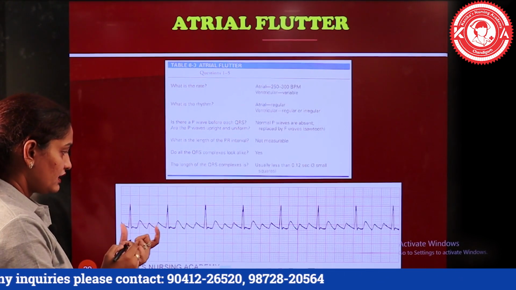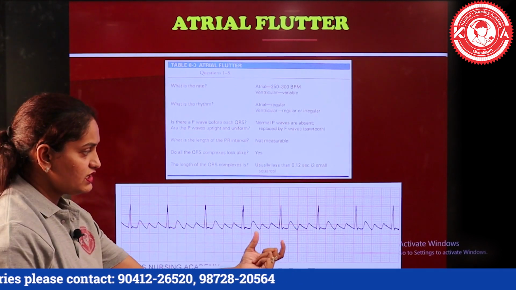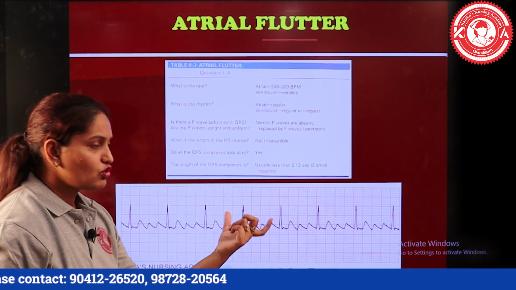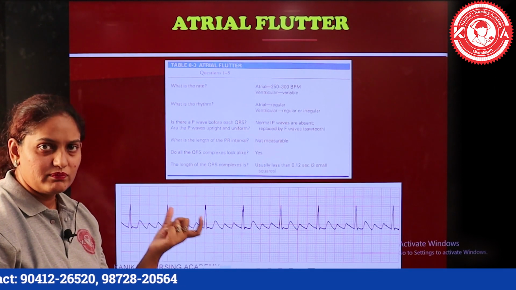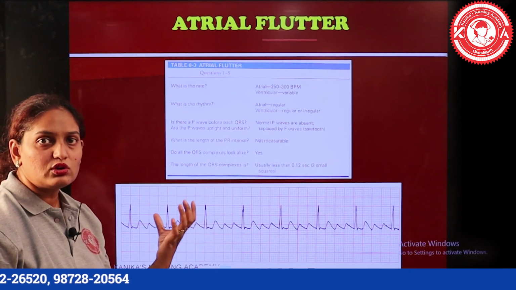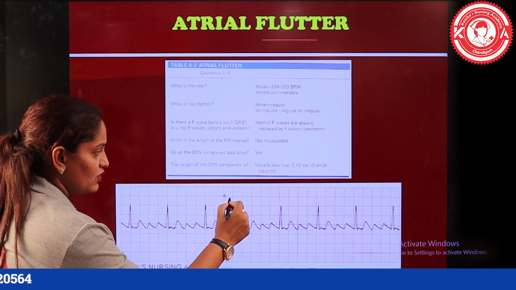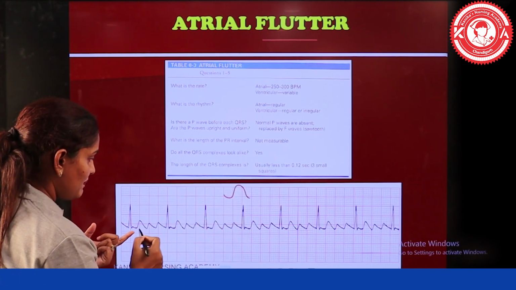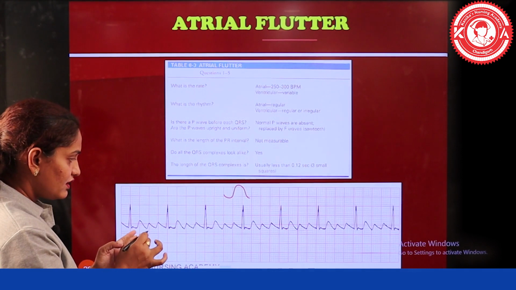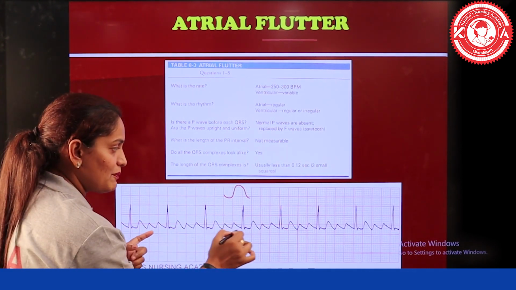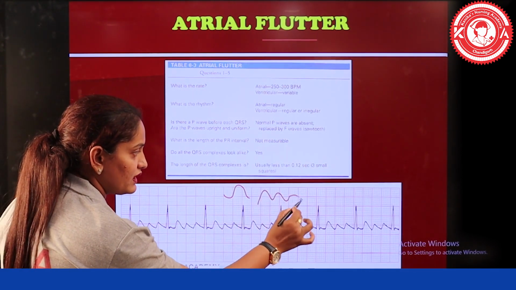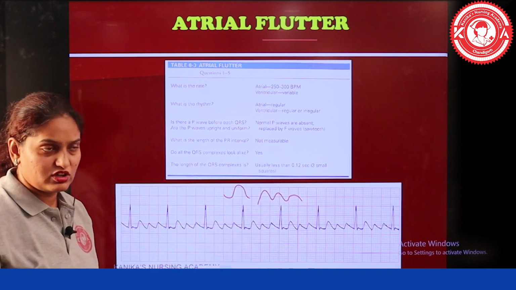So the flutter, atrial flutter has a very unique pattern of a sawtooth shape P waveform. Sawtooth shape, like the teeth of a saw. Now normally P, we have said, looks like this. Now here P is not found but it is rather replaced by the multiple F waves. Flutter waves have formed, and they are in a sawtooth shape.